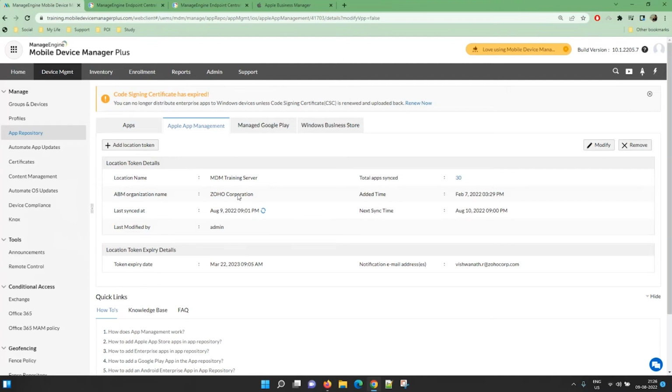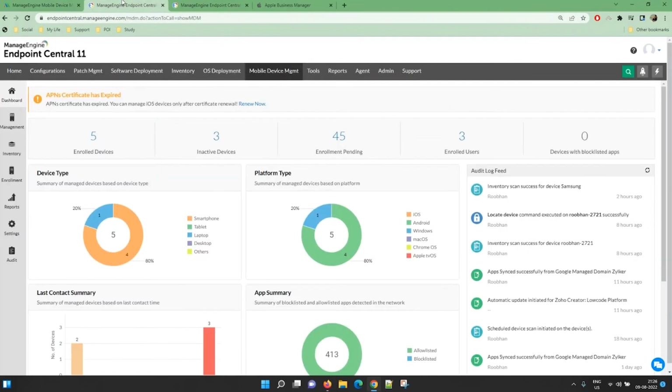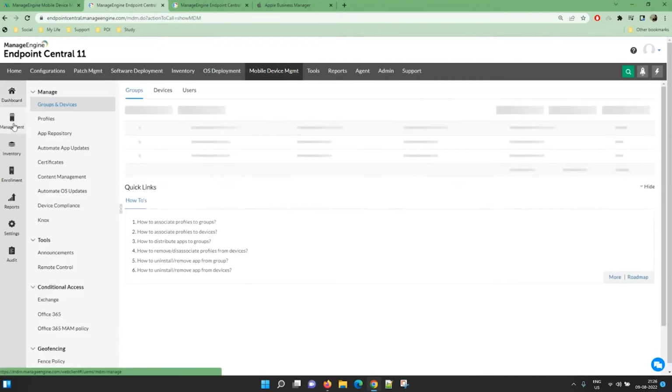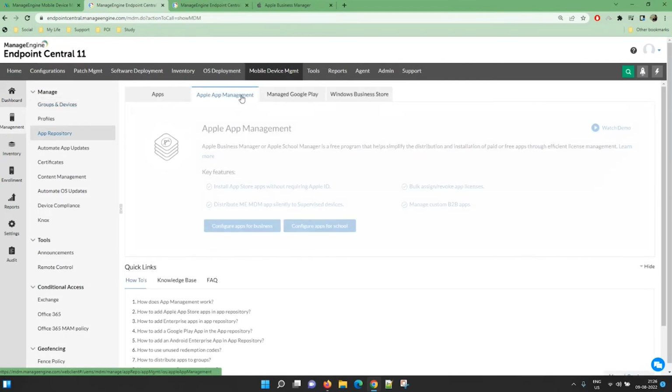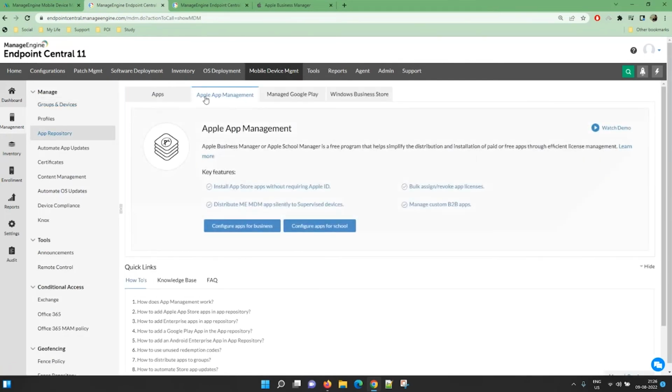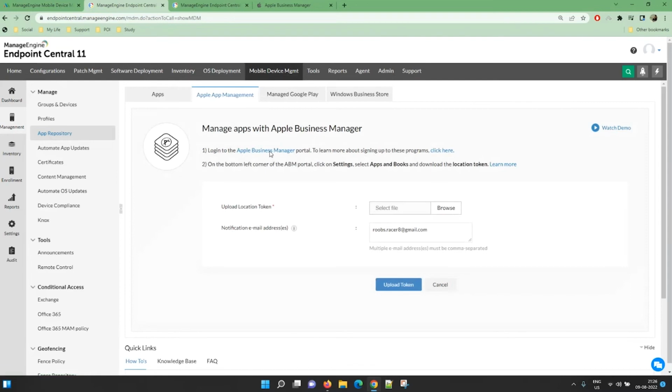So I've already integrated with one of my setups. Let's see whether I have any test server where I can integrate and show you. If not, I do have images like a workflow of the steps you have to follow. So here, when I go to Apple App Management, you will have two options: configure app for business and configure app for school. If you're from an education institution, you might also have an Apple School Manager account, so you can use that to integrate. When you go with configure app for business, you click on this, you log into the Apple Business Manager portal,